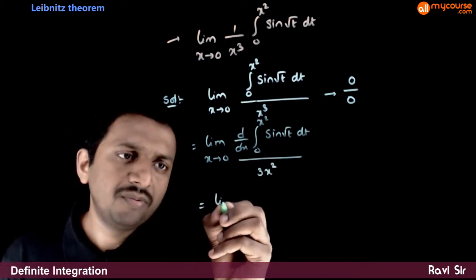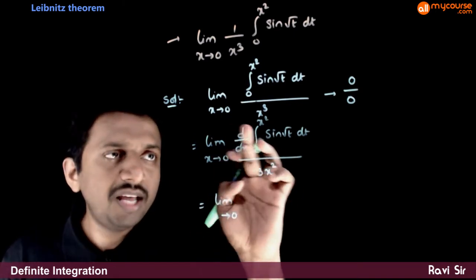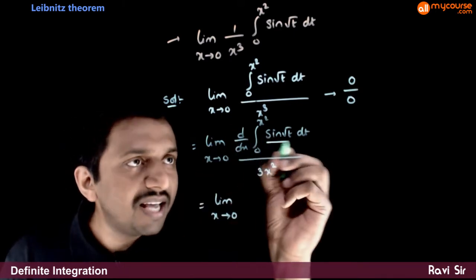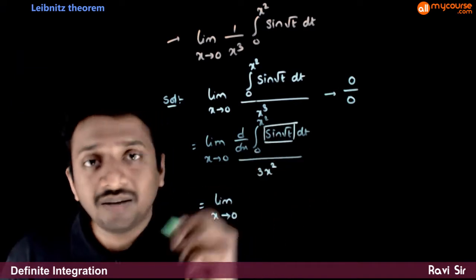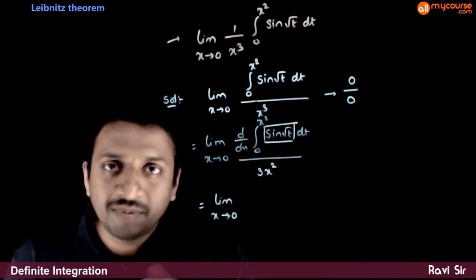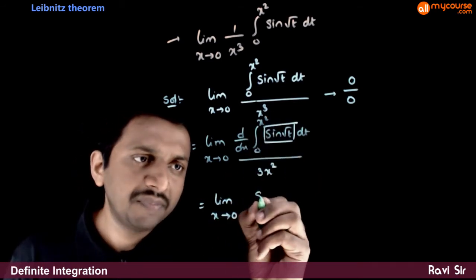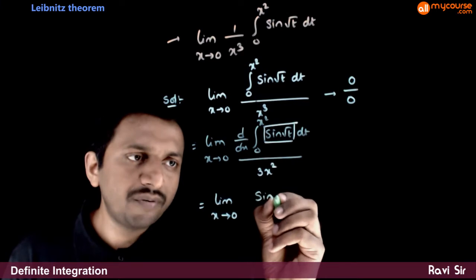That is equal to limit x tends to 0. So d by dx of, this is a function completely in terms of the integration variable t. So we use the general Leibniz theorem. First case, first you put x square in the place of t, is sine of root of x square, which is x,